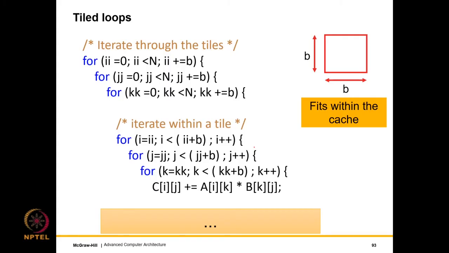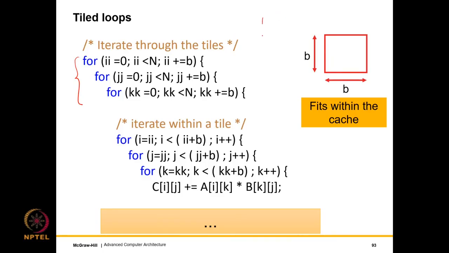Now let me show the code for tiling. So the key idea is that we have 6 loops instead of 3 loops. The 3 loops at the top, which are the iterators II, JJ and KK, traverse the arrays at units of the tile size. So we are of course making an assumption over here that n is divisible by b. Otherwise, of course, we can add some dummy elements, or we can do a little bit of algebra to take care of it. But let's assume for the sake of simplicity that n is divisible by b.